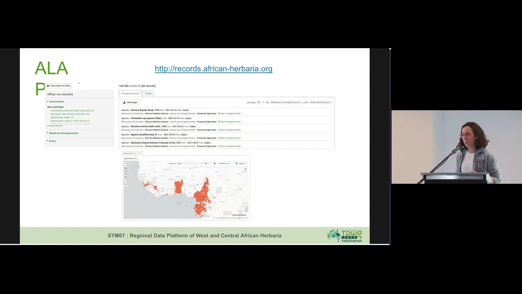It's developed by Atlas of Living Australia and the Living Atlases community. With this web application, we can search, display, and download all the herbarium data. To create it, we modified configuration and did web customization, HTML and CSS. As you can see, for example, for the result page, we keep only the record and map tabs.